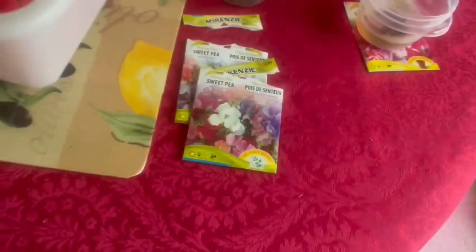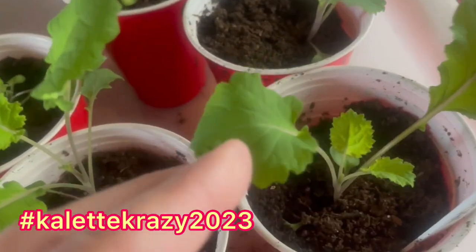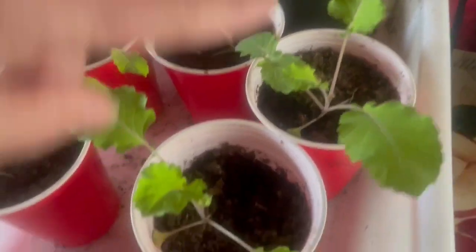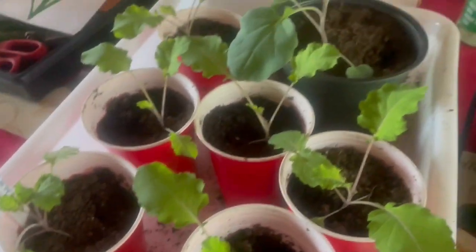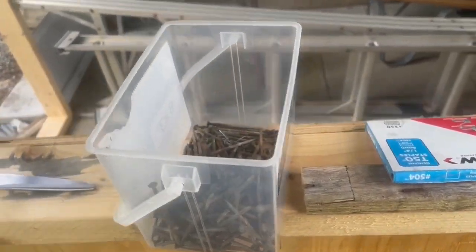Anyway, off we go. And a wee bit of a kale update. They're doing really good, actually. I'm going to start hardening them off outside. They're getting way, way bigger in these pots. These ones look really good. They're getting lots of new extra leaves, lots of baby leaves down there. So yeah, doing really good. Kale it crazy 2023. More work today on the shed,